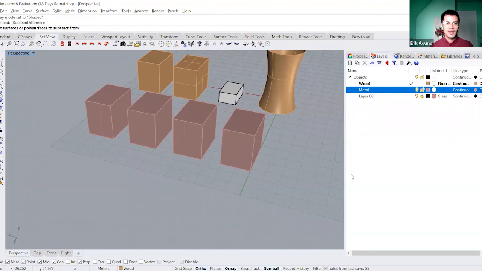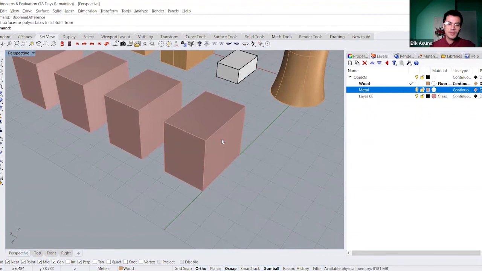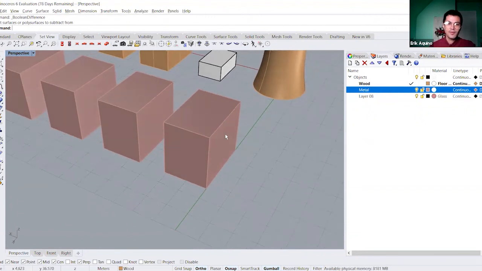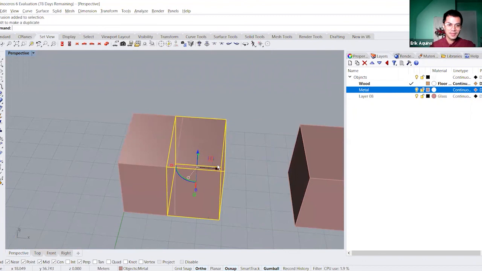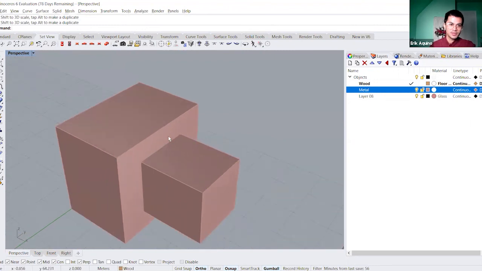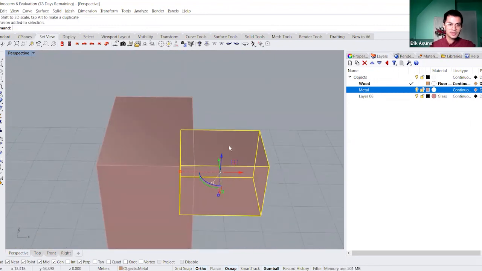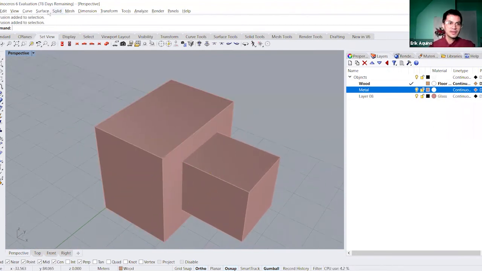So I didn't really set up this properly. With the difference command, we're taking two or more objects and we're using one of the objects to cut into the other. So my analogy was you have an apple and you're biting into the apple. So one object will become the apple and one object will be us taking a bite out of it. So in this case, I want to remove a portion of this building using this object, and our larger object will remain. So in our Boolean difference command,